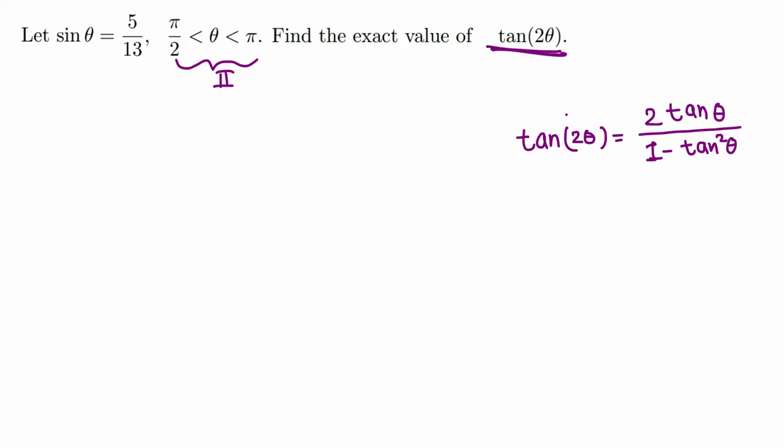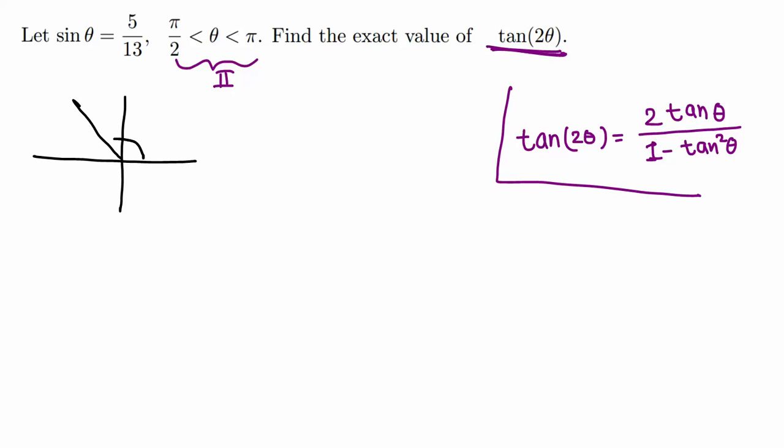Okay, so sine theta is 5 over 13, and we know that sine is opposite over hypotenuse. Okay, and it's in the second quadrant, so theta is in the second quadrant. 5 over 13, so this is 5 and 13. Okay, we have a right triangle, 5 over 13, and the adjacent side is missing, a, and from the Pythagorean theorem we know that a